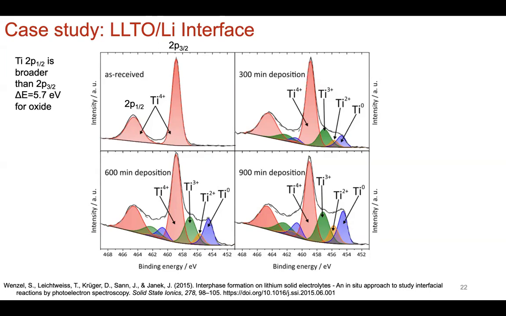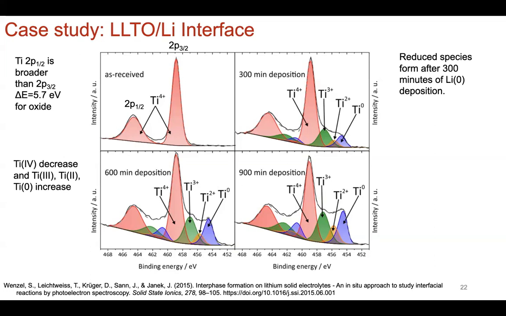And how you know that is you look at the deposition time. The more you deposit, you can see the areas of titanium metal just increasing. So basically, this reaction is just increasing with the amount of lithium ions that are increasing. Okay, so this is already telling you that just a little bit of lithium will react with LLTO. And concomitantly, you see the +4 state decreasing and all the other reduced states